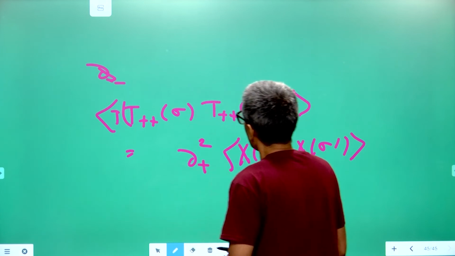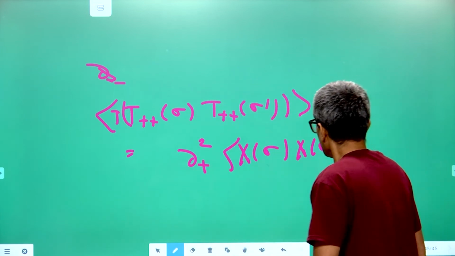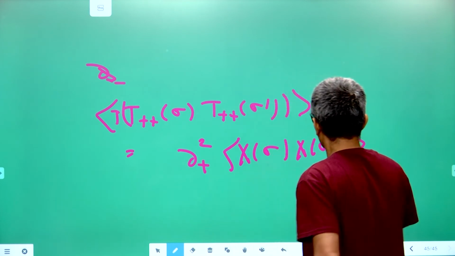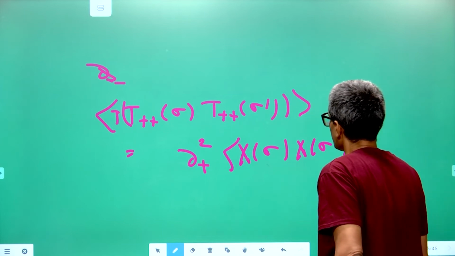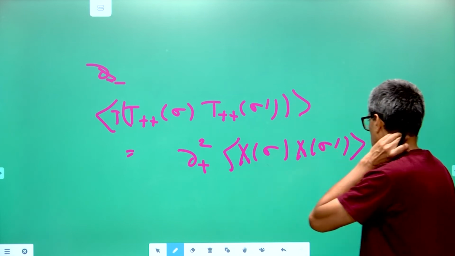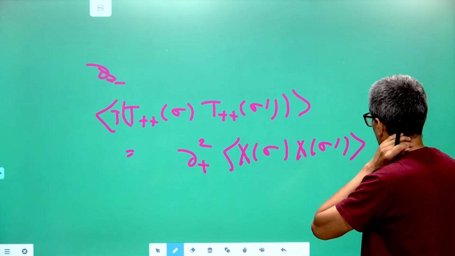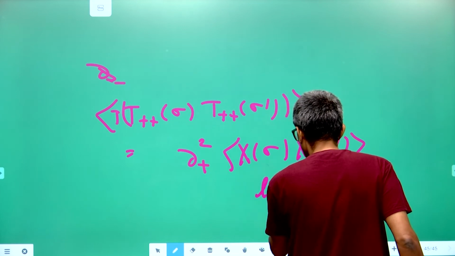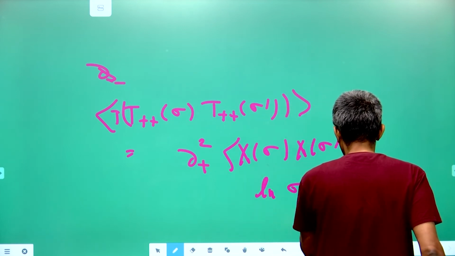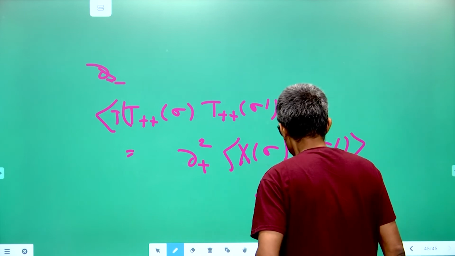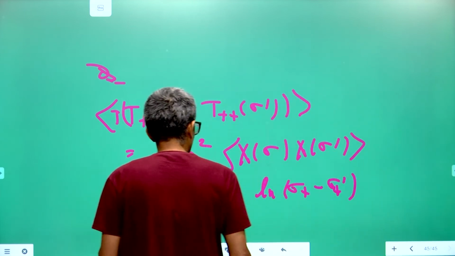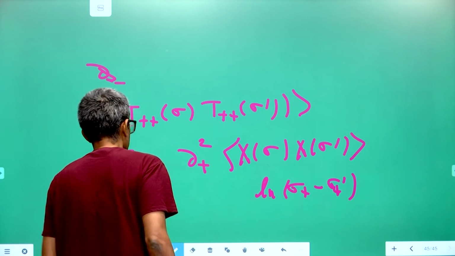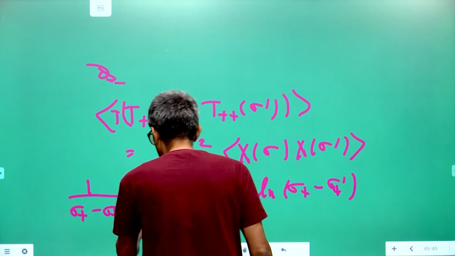Actually what will happen is that if you compute this directly you will get dou plus dash, which is dou plus of that, okay. So, you will get a product of two such terms, and this is log, okay. So, this is nothing but log of sigma plus minus sigma plus dash, and you are taking dou plus square of this. So, when you take dou plus square, first when you take a dou plus you will get 1 by sigma plus minus sigma plus dash, and then you take a dou plus square you will get a square here,